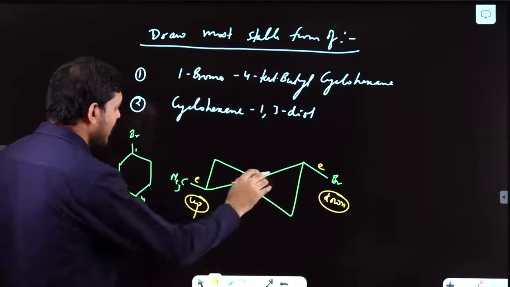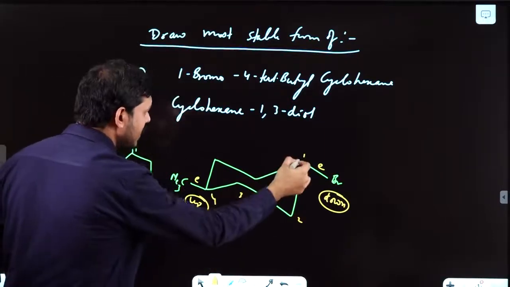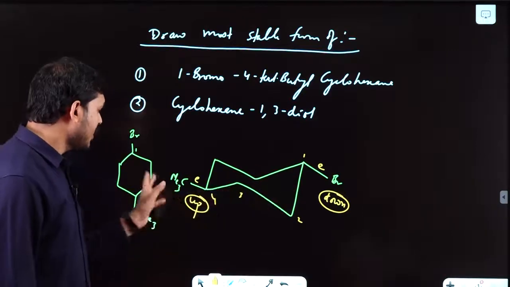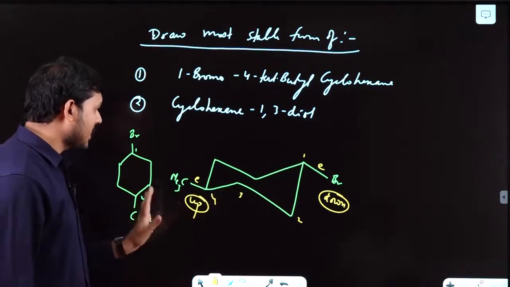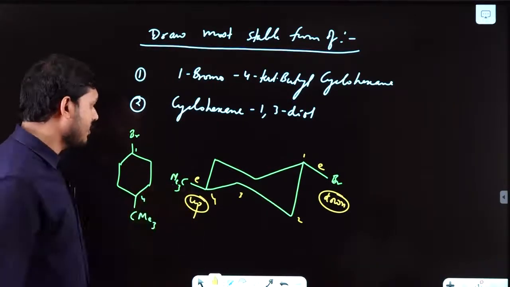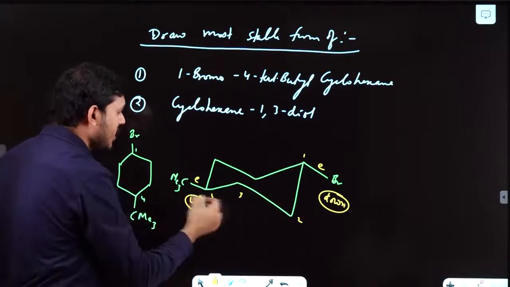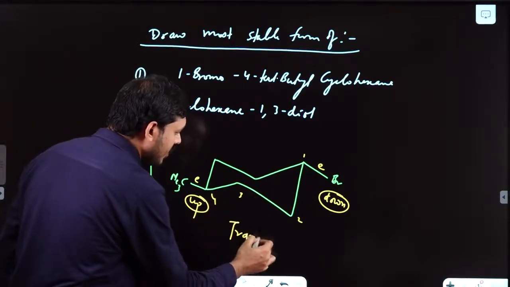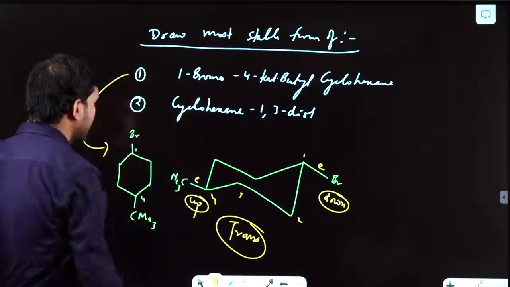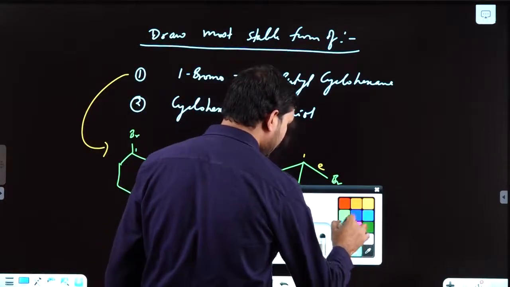Okay, so if I'll see, this is 1 2 3 4. If I'll consider this side 1 2 3 4, that is also okay. So this is 1-bromo 4-tertiary butyl cyclohexane. In this case, both in equatorial position, so this is the most stable form. Okay, if you will be asked whether it is cis or trans, it is down, it is up, so it is your trans form, right? So this was your answer to this question. Now let's answer next part.